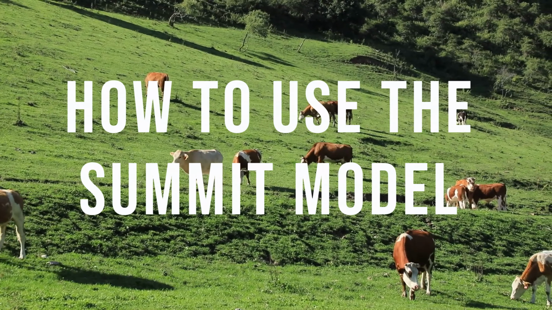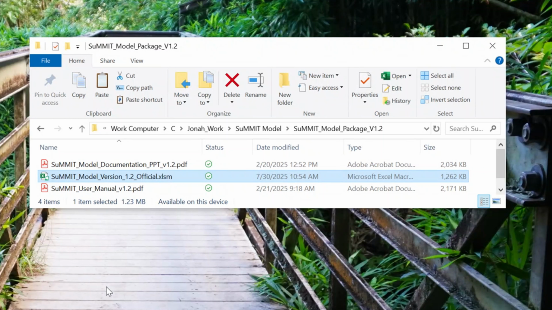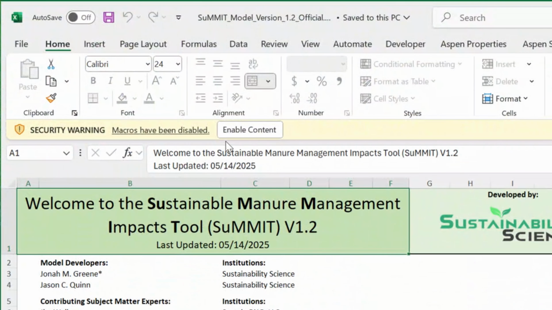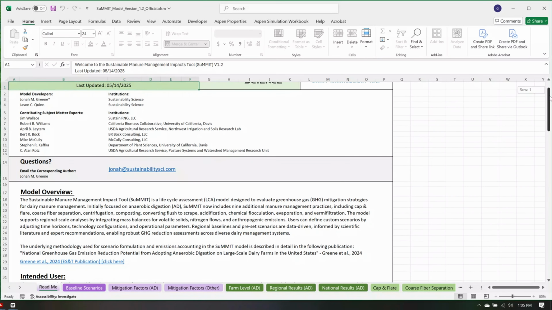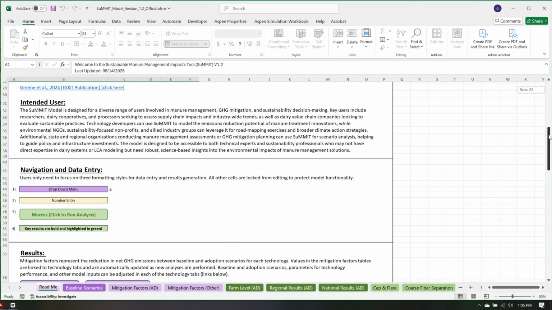Next, we'll cover a brief overview of how to use the model. Once you've extracted the contents of the zip folder, click on SuMMIT Model version 1.2 Official. If you see a pop-up saying macros have been disabled, make sure to click on Enable Content, or the model will not function. The model opens to the README tab, which includes authorship, basic information, and a legend for data